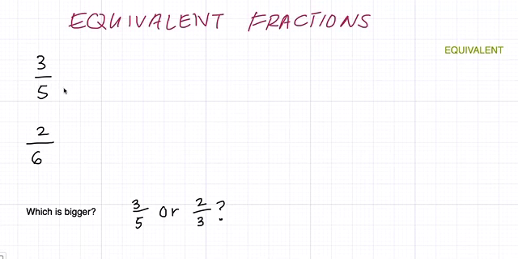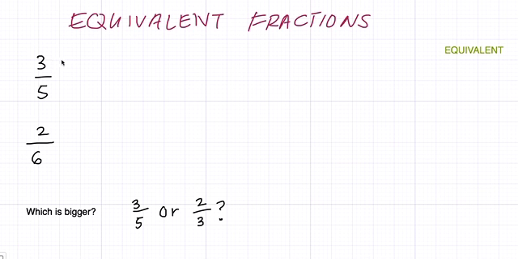So for equivalent fractions, what we want to look at is doing the same thing to the top and the bottom of the fraction. Now with fractions, you always have to do the same thing to the top, or the numerator, of the fraction as you do to the bottom of the fraction, the denominator. Okay, so if we wanted to find an equivalent fraction for this fraction here, 3 over 5, which is 3/5,